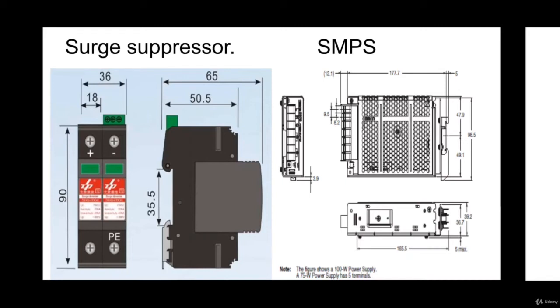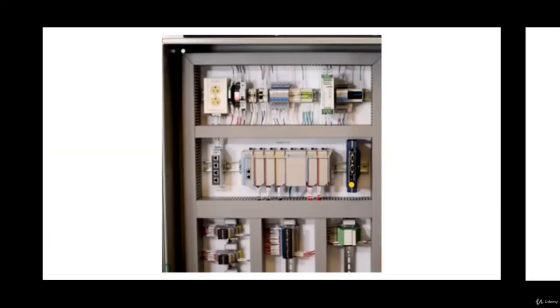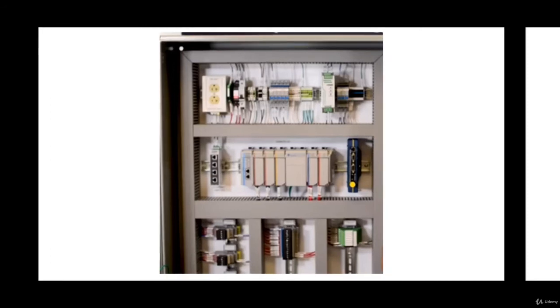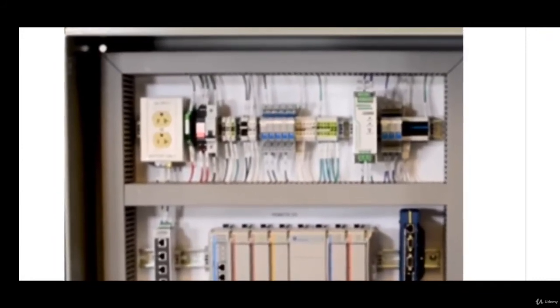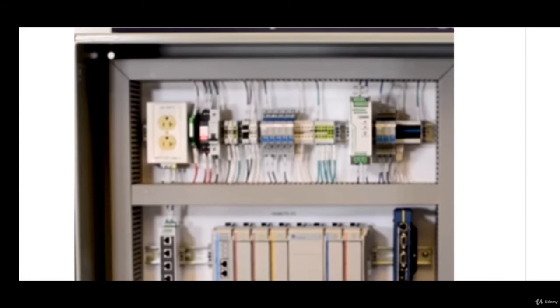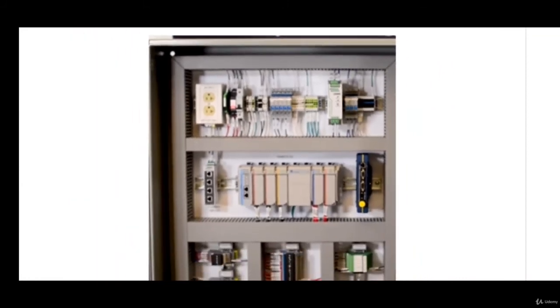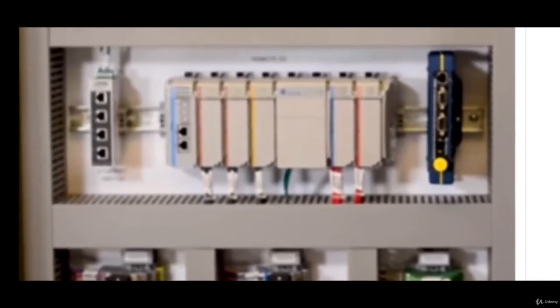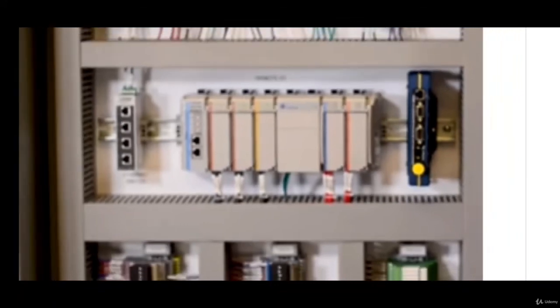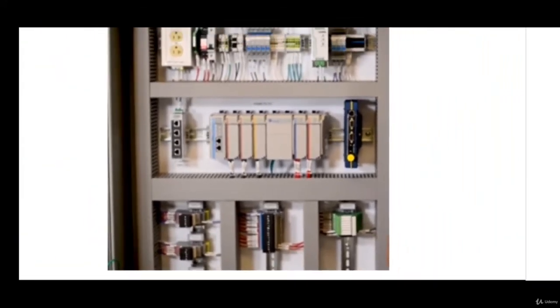So you should already know the dimensions, and you are going to design according to your panel. This is a standard type of panel which is well organized and well designed, so I will explain according to that. The uppermost part has various protection devices like the surge suppressor, MCCB, and all these required parameters. At the center you can see a large component, which is a PLC. On the right hand side is a radio interface, the left hand side is Ethernet, and all the input output are situated at the bottom.